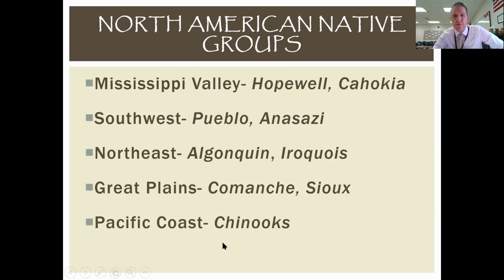So we have groups in just about every region of what is modern America with some distinctive characteristics. Now you filled out that chart, and depending on what books you looked at or where you looked on the internet or wherever you got your information for the chart, you can find some details. You should be able to see some similarities, but there are some distinct differences in many of these groups as well.